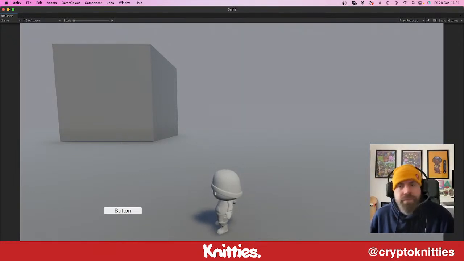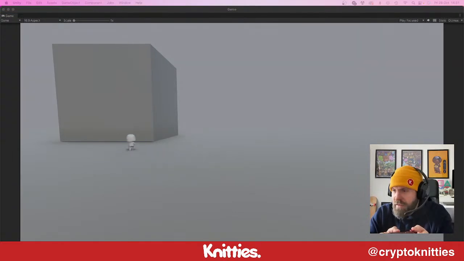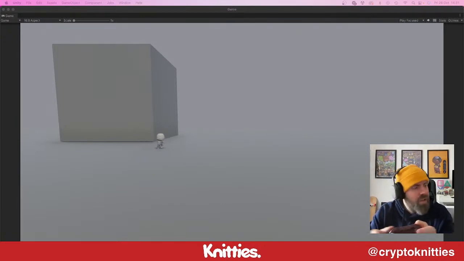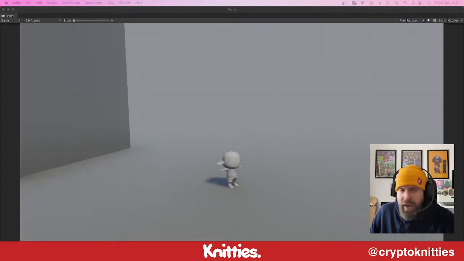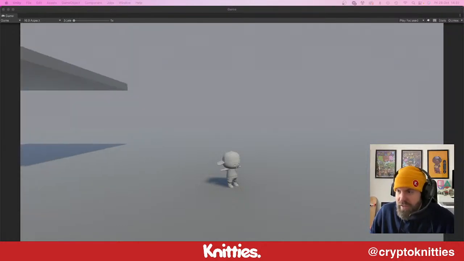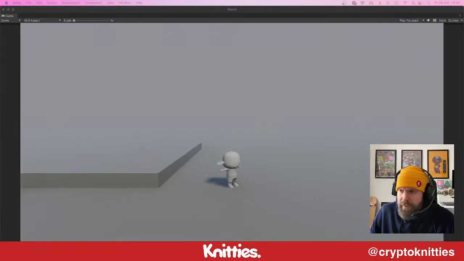Okay, so yeah, this is the scale of a Knitty against a 1 meter by 1 meter box. Okay, so that's okay, but what I want to do is test how this scaling works with a small set of steps. So I'm just going to block out a small set of steps, drop it over here like this,